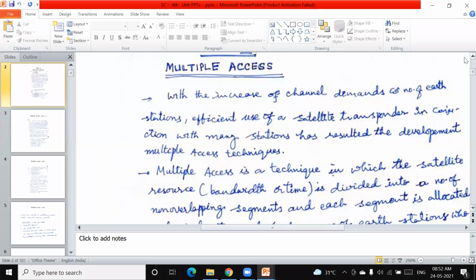Bandwidth allocated to the satellite. The satellite can be designed with the intention that all users can use the available bandwidth, allowing many separate communication links to be established through the satellite transponder.